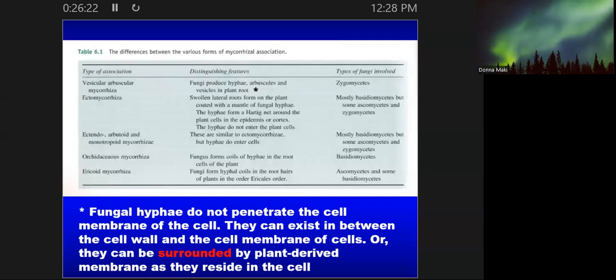I did my PhD work with ectomycorrhiza because back then we knew how to grow them in the lab. They were easy to work with, relatively. They grow slow, but at least you can grow them separate from the plant. The arbuscular mycorrhiza, you can't grow them separate from the plant. They're obligate. They have to hang out with the plant or they won't grow. And so working with them in the lab could be